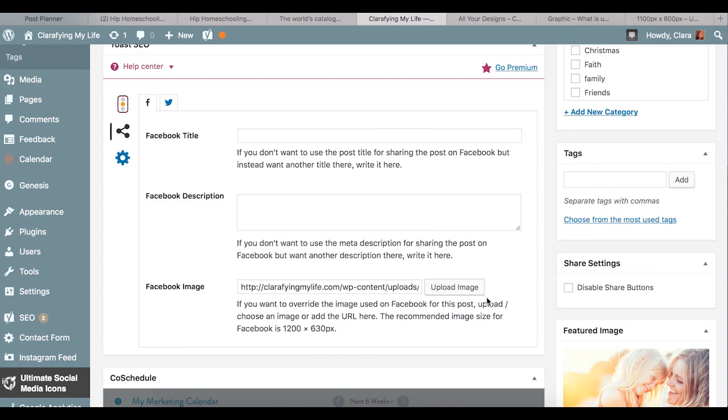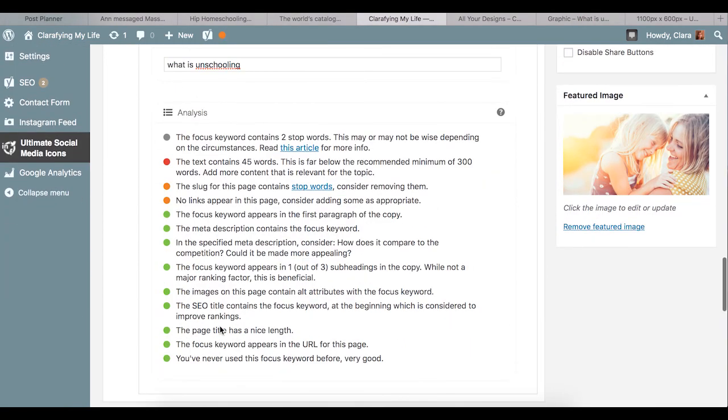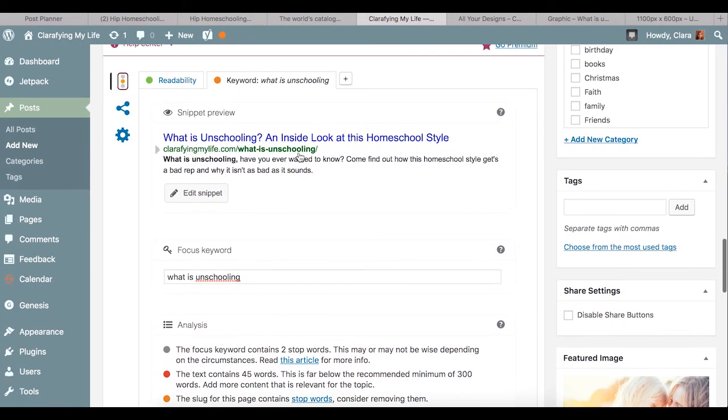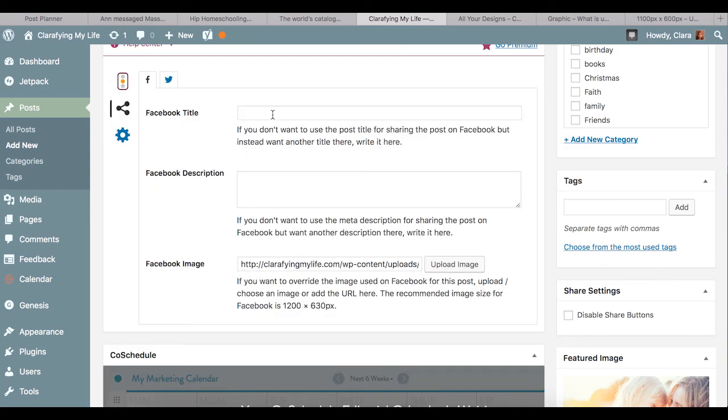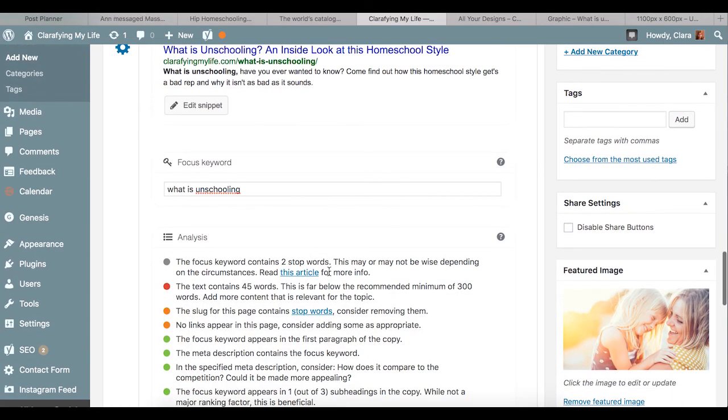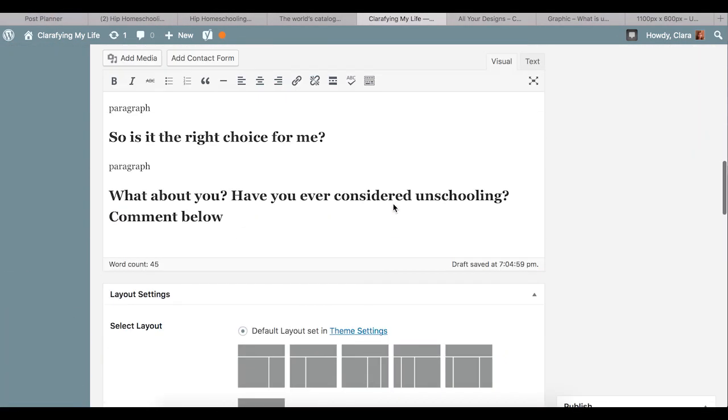So again, it's dependent on your theme. This is just, you know, an extra step. So if you can make them work together, it's easier for you. You don't have to edit this. It's automatically going to pull this right here. If you do want to edit it and you want to have it say something different, you could. You can also change that for Twitter. So just little tweaks that can help you along the way, but hopefully that gives you a better idea of why when you're entering an image,